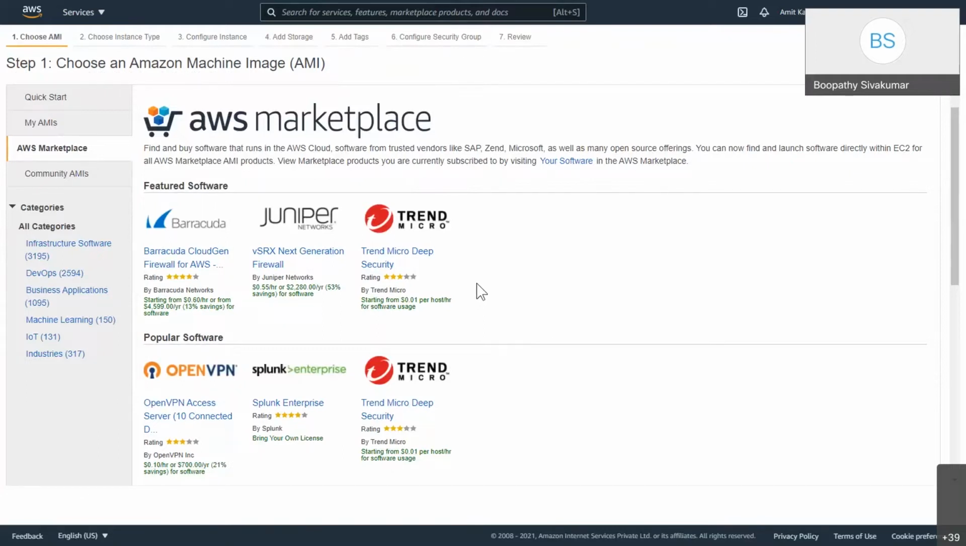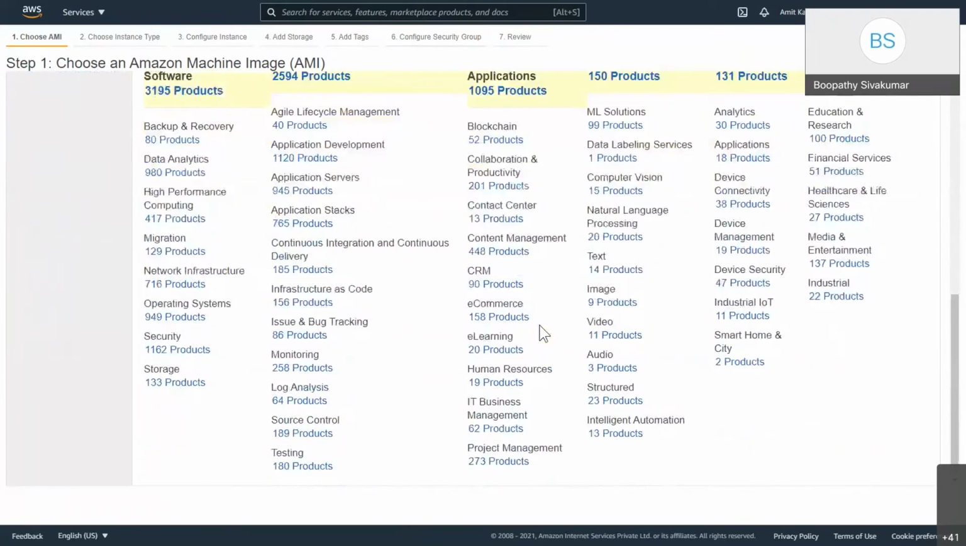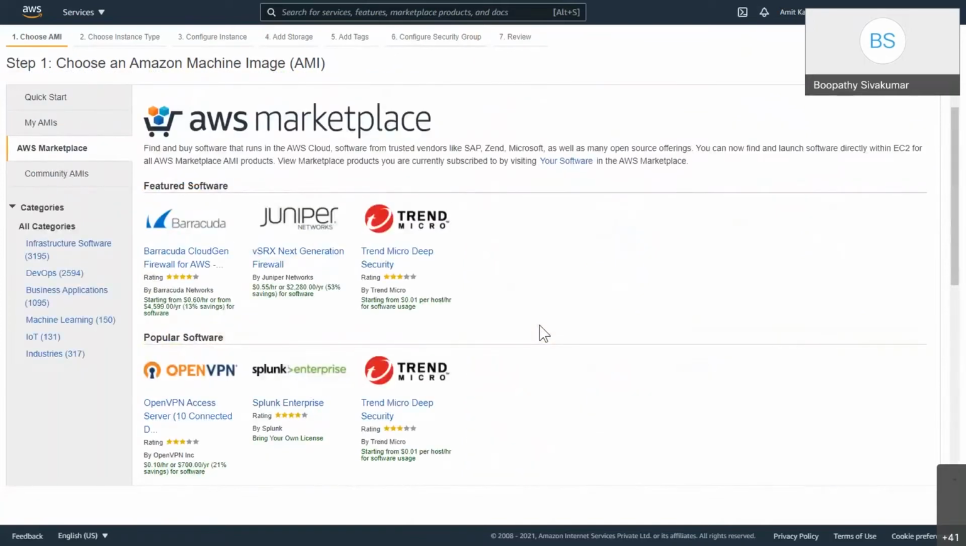So if you need to deploy a VPN, we have OpenVPN OS, and that helps you to create the OpenVPN EC2 instance, and you can access the VPN. But one thing you need to make sure is that these kinds of software are costlier. You need to go through the documentation before purchasing or subscribing to the Amazon Marketplace, because